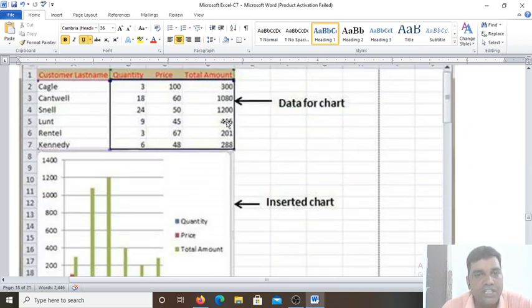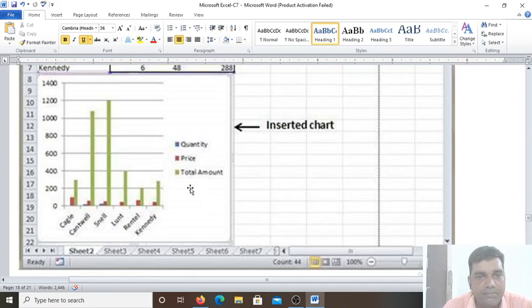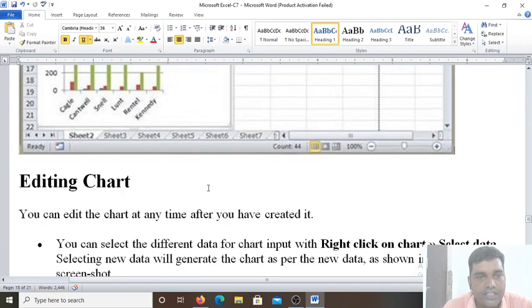Select the data for the chart, and after selecting the data, we have to go to the Insert group and there we find the chart. The inserted chart will just come below. Let's see here. Okay,